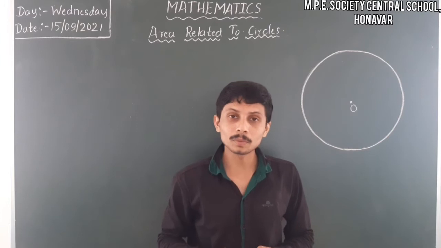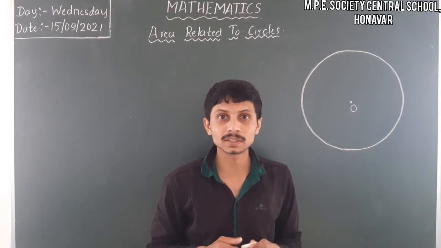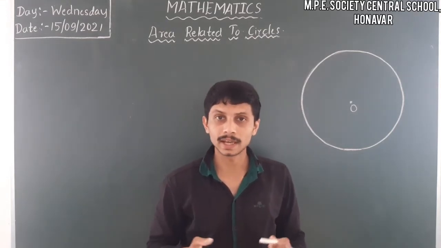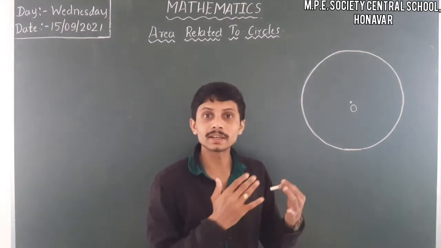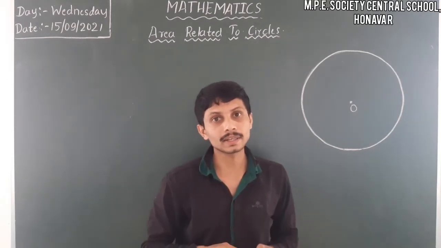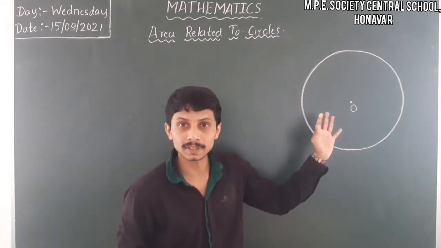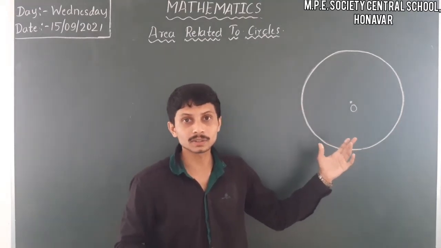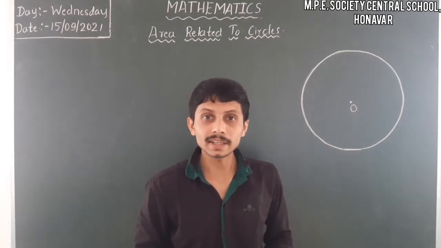So let us discuss a topic from 10th standard, that is areas related to circles. Already we know about areas of different closed figures, and surface areas and volumes of different three-dimensional solid figures as well. Here we have to discuss more about the areas related to circles. Already we know about circumference and area. So let us take the area related to circles. In that, the first one is the perimeter and the area of a circle.